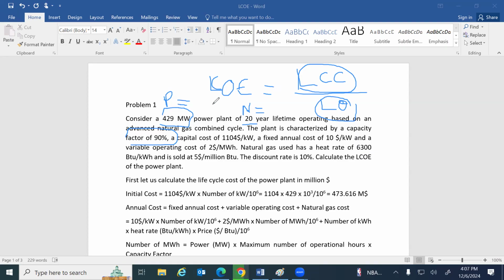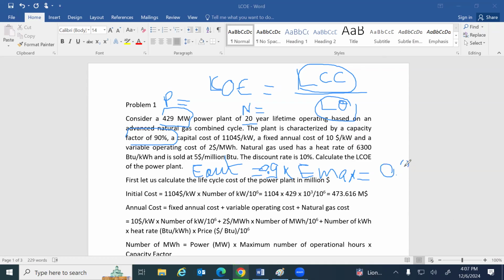We should have energy. To calculate the energy, we multiply by time. So the energy output from this power plant is 90% of the maximum possible output, so 0.9 times the maximum output. And the maximum output is if the power plant operates continuously, non-stop. So the maximum output can be calculated as